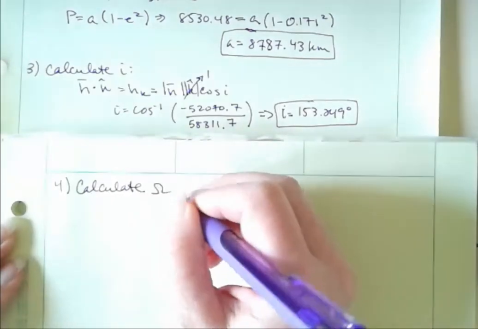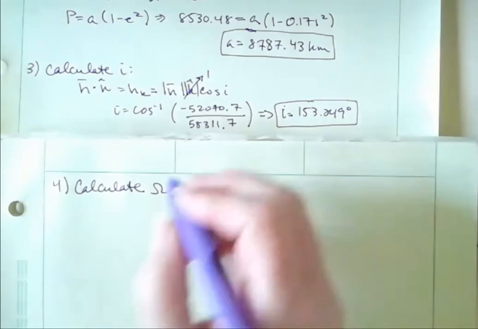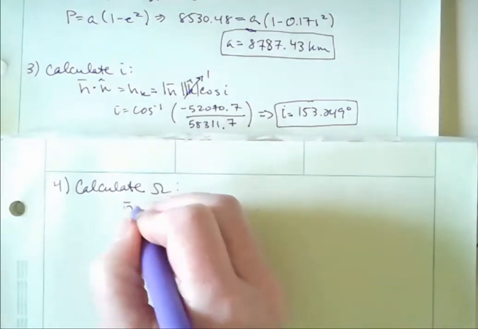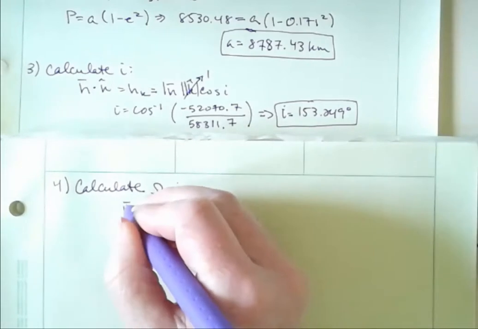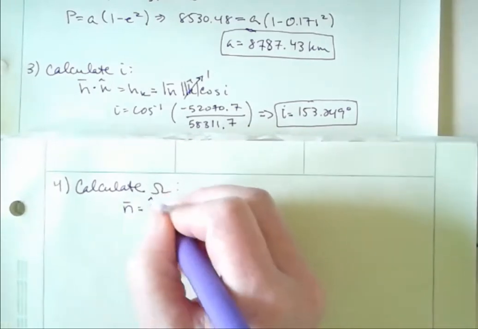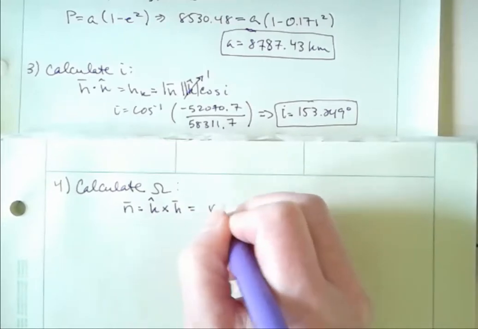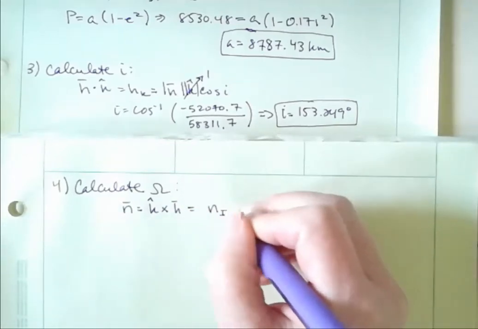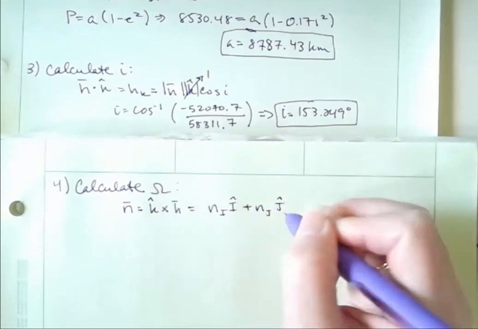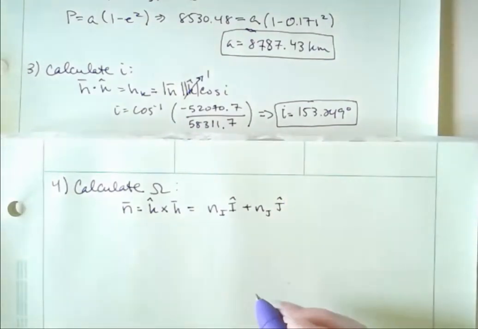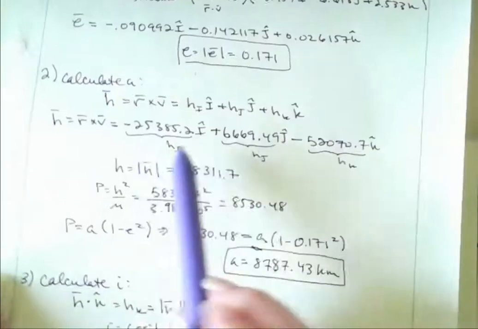All right, so step 4, we're going to calculate capital omega. Okay, so just to repeat the equations we had, this deals with that node vector. And remember, the node vector pointed towards the ascending node. So that's equal to k crossed with h. And we said we'd get two components. So we have ni times unit vector I plus nj unit vector j. So now if we take k and we cross it with the h vector that we had right here,